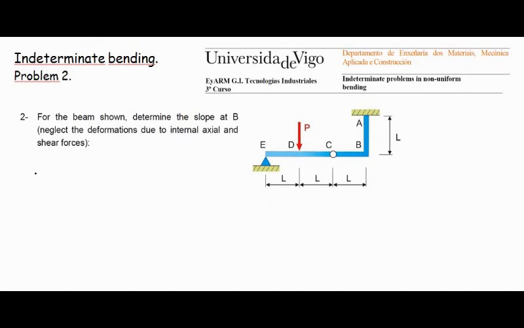We are going to solve this problem. What we have to calculate is the slope at B in this structure. First of all, we split the structure into parts. The part